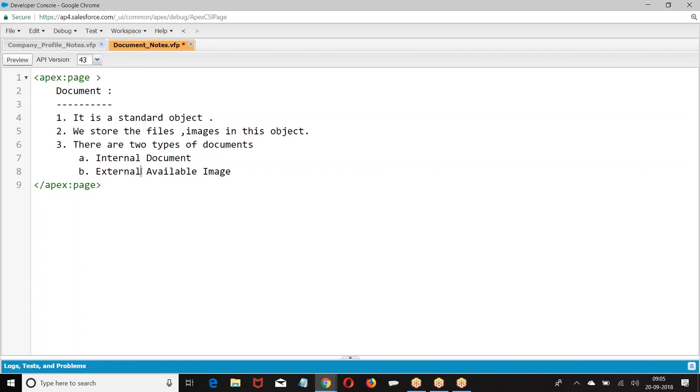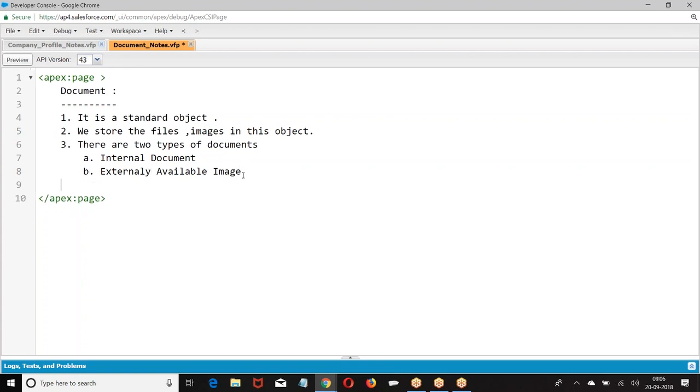Internal document is accessed by only internal users. External document can be accessed by internal users as well as external users. I hope you are good with this.